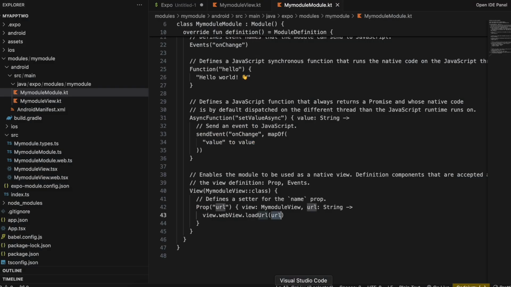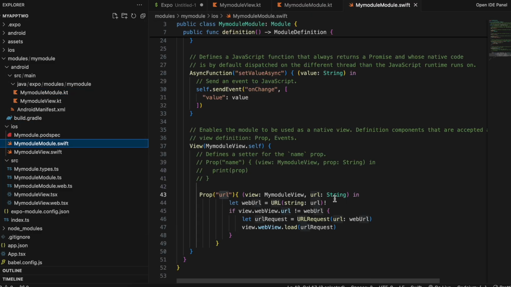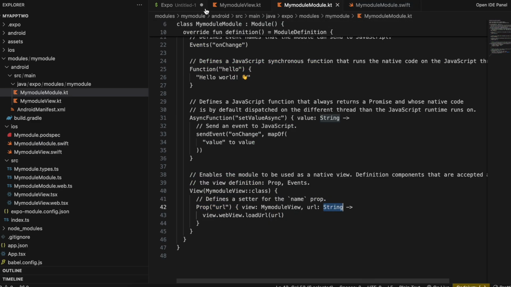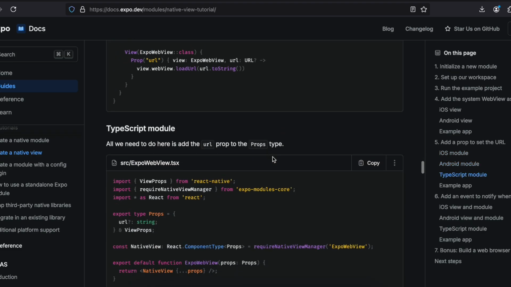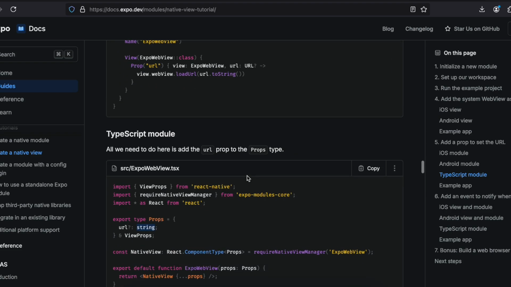In my Android I'm using it as string, as well as in my iOS part. If I show you the iOS part, here you can see I'm using it as string. I don't know how they are able to use it directly as URL. It didn't make any sense to me. If you know how they are able to do that, do let me know in the comments, because here they are taking it as string. I didn't get that. Anyways,